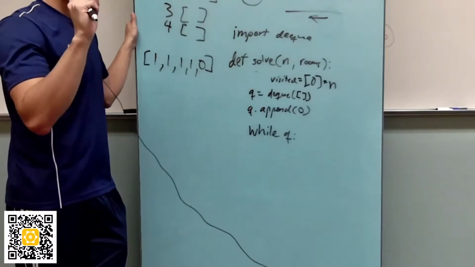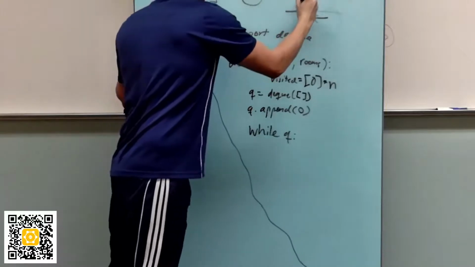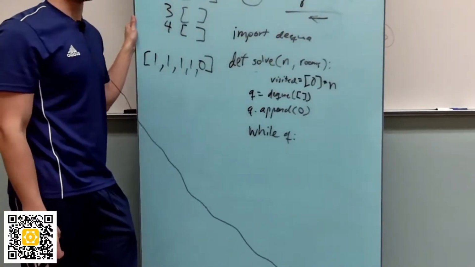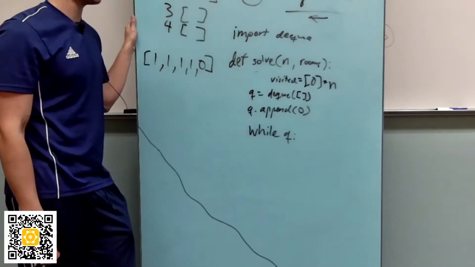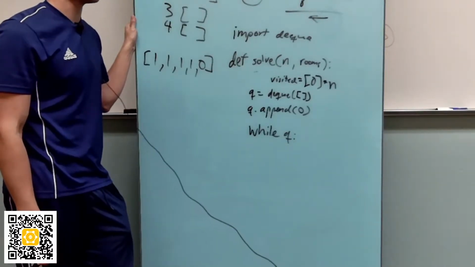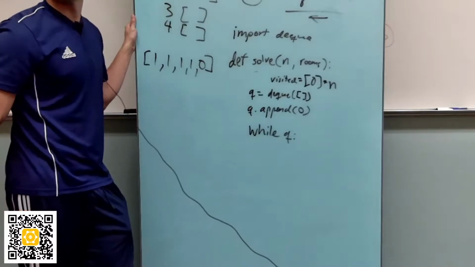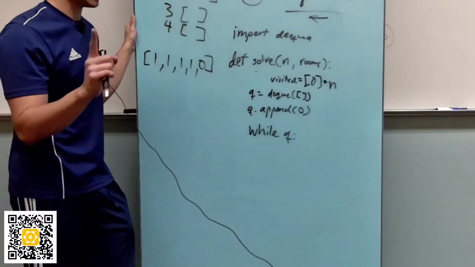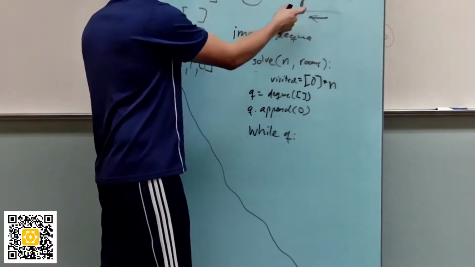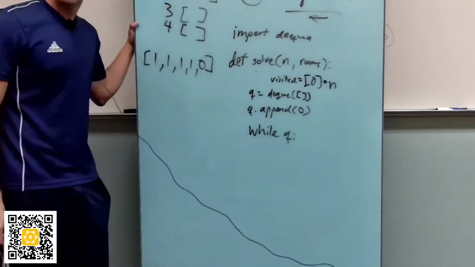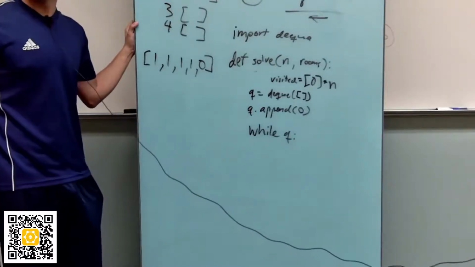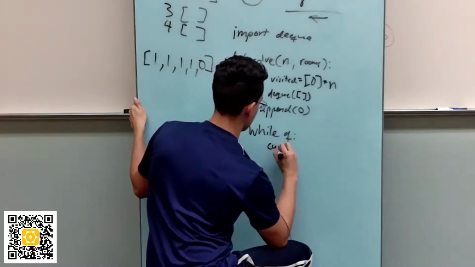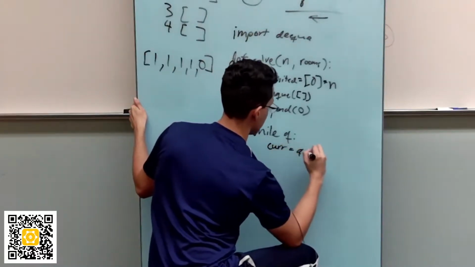We're at 0, right? At the beginning, it's just 0. That's at the top, so we want to get that value. So what happens if I pop? What do I get? Is it pop left? What happens if I pop left? It's not necessarily going to end. It's going to remove it, but I'm going to store it in a variable as the current one. So I'm going to get the current one by popping left. Equals q dot